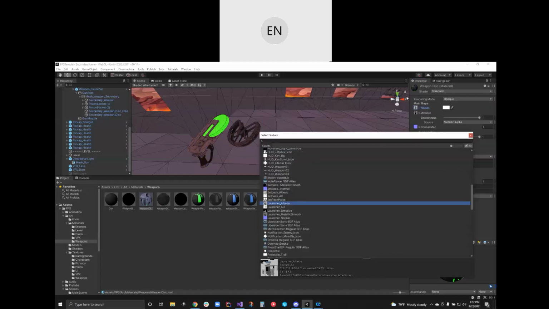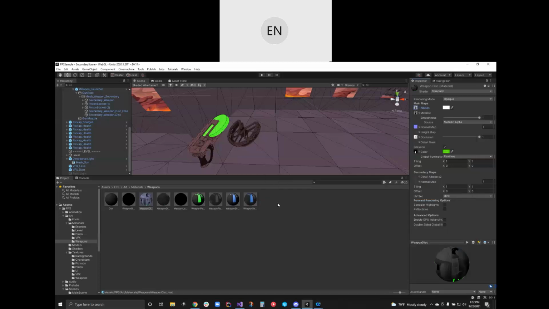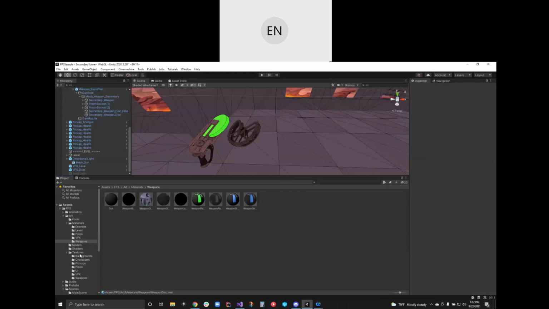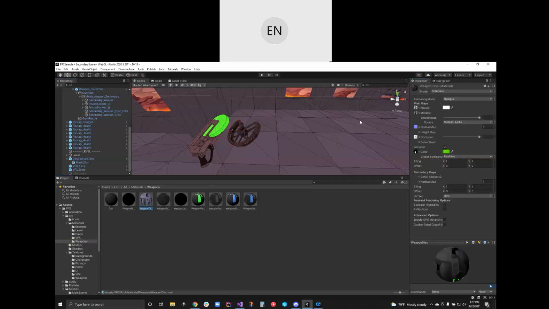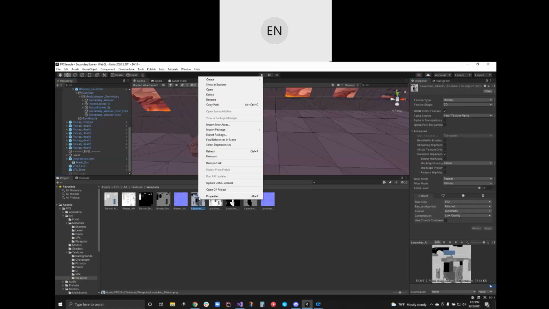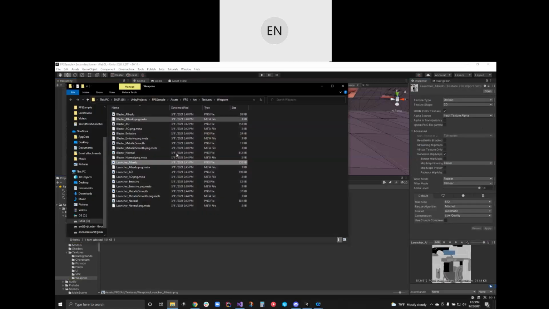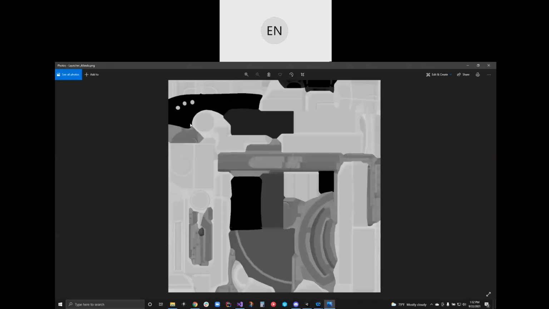So this is the texture map that's plugging into this channel. It's called launcher textures. So weapon disk is the material that's connected here, and this material is using the launcher albedo PNG file for its diffuse colors.